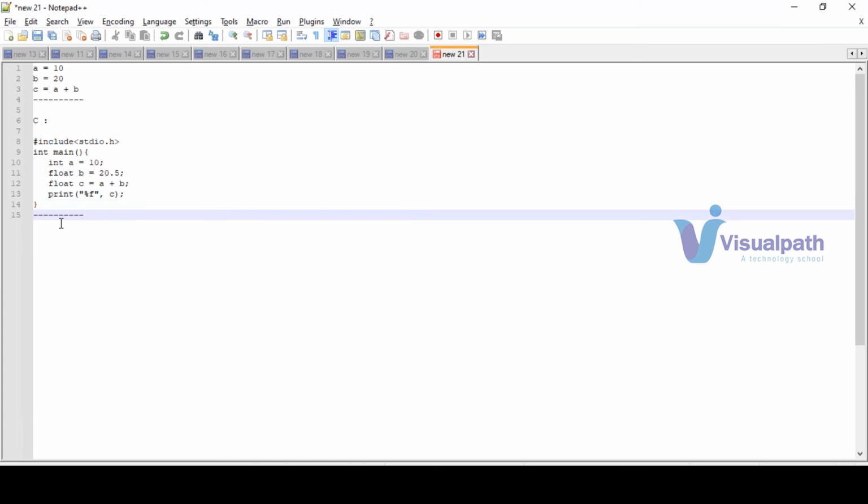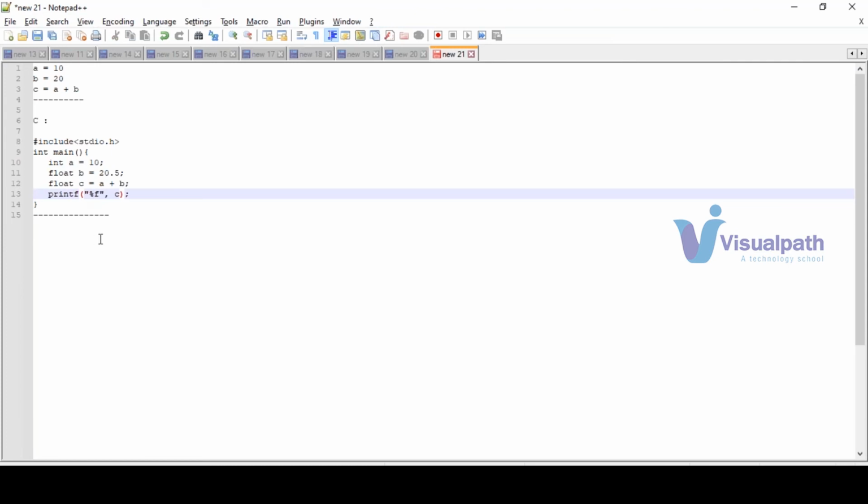And a guy who does not have any programming knowledge, if that guy looks at this program, will he understand anything? Actually, most of the things he may not understand. What is this hash include, stdio.h and all? What is this int, what is this main, right? Why are we using these braces? Why are you using these semicolons? And what is this %f, and what is this print? It is actually printf, right? In C.